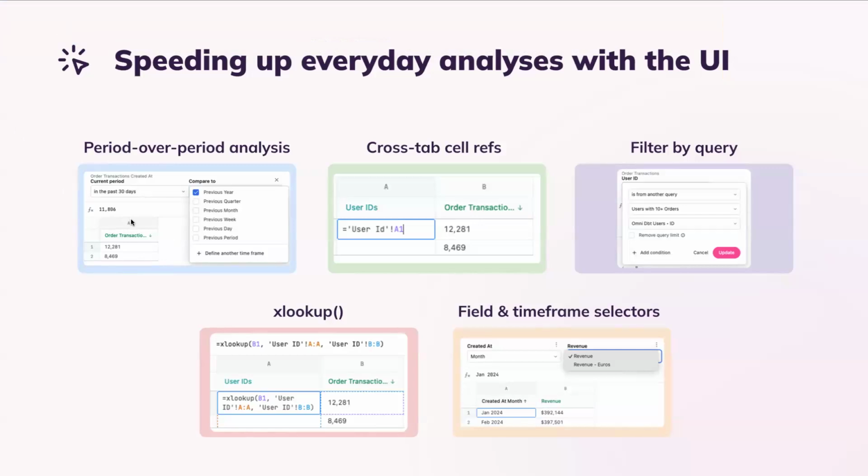Yeah. So continuing along these veins too, we're razor focused on making analysis incredibly easy, and so we've shipped a bunch of stuff. Richard talked about XLOOKUP already, which I agree is incredible. We've got cross-tab cell references too, like Excel, where you can have relative references across tabs too, without even join keys, which is incredible. We've got the ability to reference queries in other queries.